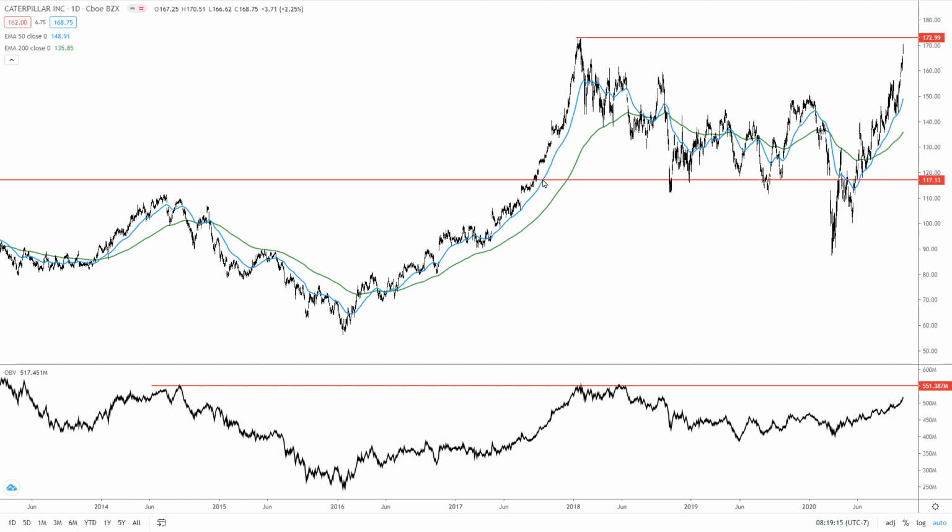Dow component Caterpillar broke out above 2011 resistance around 117 at the end of 2017 and zoomed up to an all-time high around 173 at the start of 2018. The trade wars then kicked into gear and put the stock in this corrective mode that shows these lower lows all the way into the pandemic low, which was about a 2 or 3 year low in March of